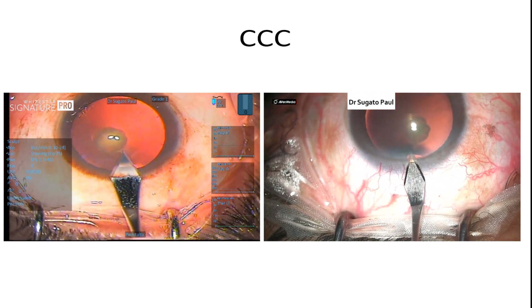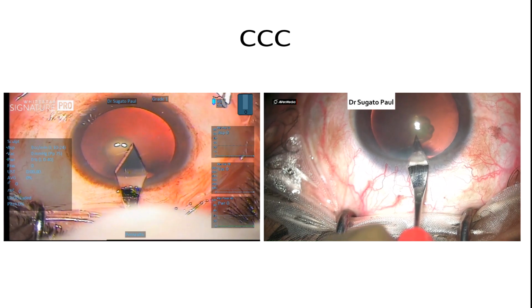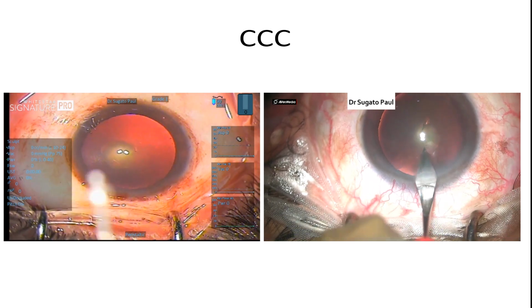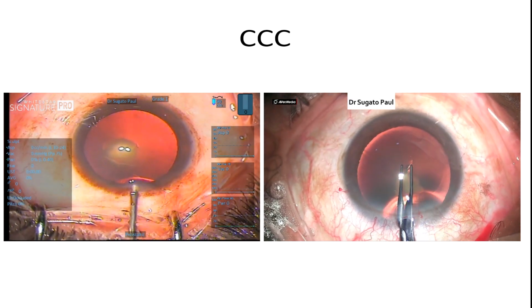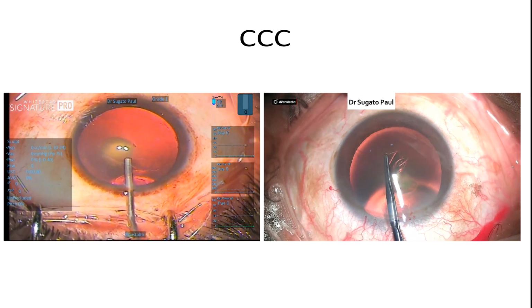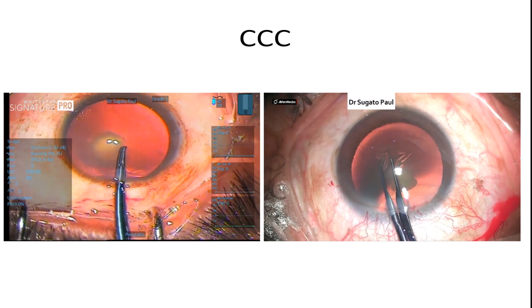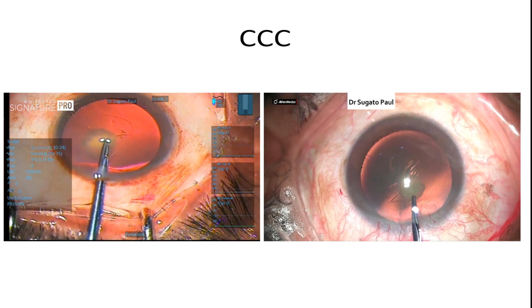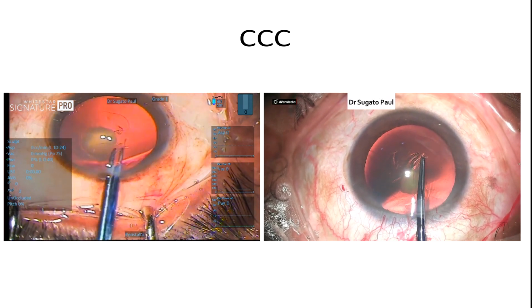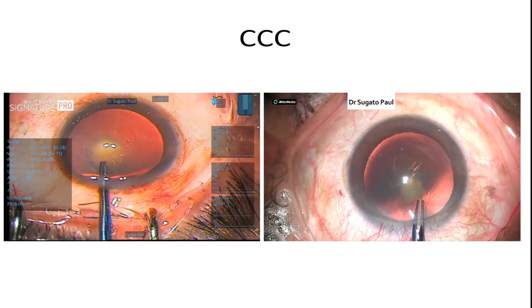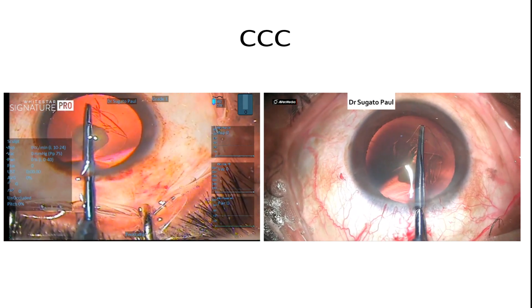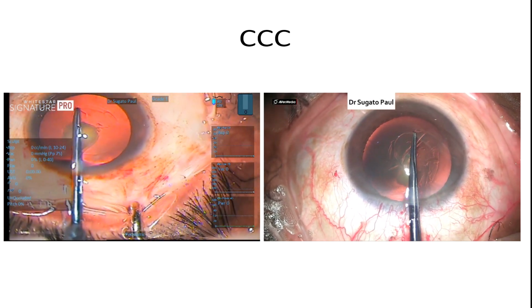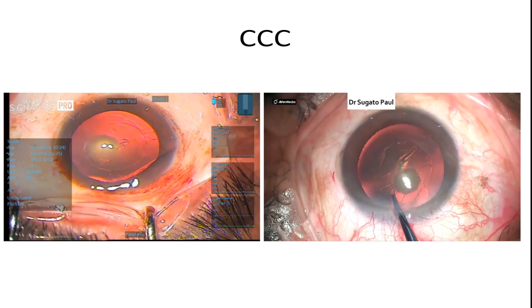Next is CCC. What I do normally for all my cases is incise the anterior capsule with the keratome, as you have seen here. The only difference in PPC is that I make it slightly smaller, because if there is a posterior capsule rupture, I can do lens capture with the anterior capsular rim. So I tend to keep it at about 5 to 5.2 millimeters. I use Haldipurkar's or micro Rexis forceps and go ahead and do the Rexis. So the first step is to incise the capsule with the keratome, then do the Rexis.